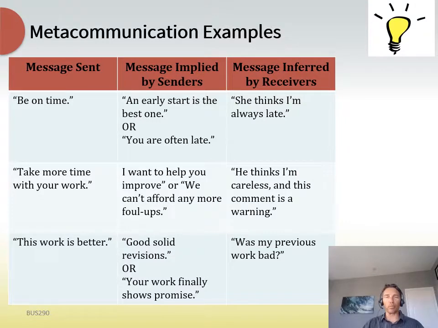Text is a very blunt tool. It's just short messages on a phone, right? So it doesn't have much what we call media richness. Media richness is how much other information is being conveyed through that communication channel. The most media-rich channel is face-to-face. There's eye contact, there's vocal variety. We can soften it up when we want to be compassionate, and we can make it very firm when we want to be more assertive.